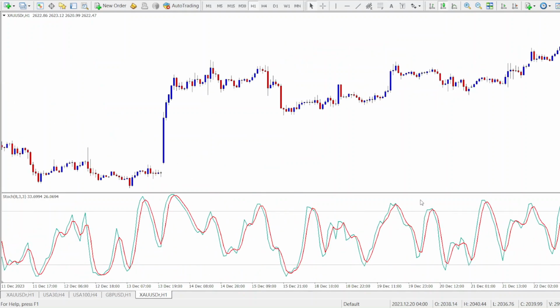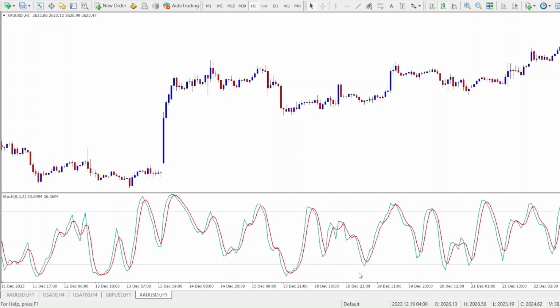Now let us look at a few examples. Remember, above the 80 level is the overbought level, and below the 20 level is the oversold level. When the stochastic is above 80, it indicates that the asset is overbought and a reversal might be coming, while below 20 suggests it's oversold. So adjusting the percentage K and percentage D lines helps you identify these conditions sooner,